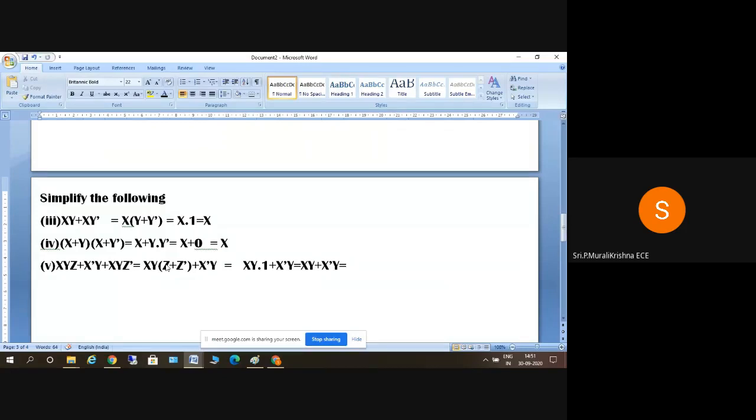So xy plus x bar y. This is using the distributive law. Using the distributive law, xy plus x bar y is nothing but y into x plus x bar. So xy plus xz is equal to, so what I can write here, x plus